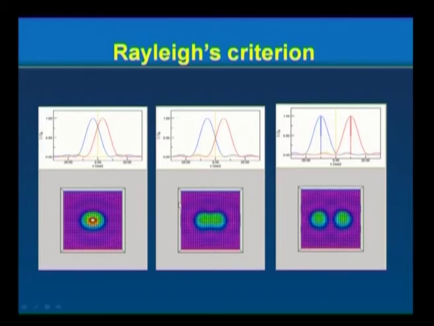They will not be observed as two distinct objects. When the humps are separated by a large distance, they are seen as two independent entities. They are resolved. Here you have the just resolution. Here there is no resolution at all.